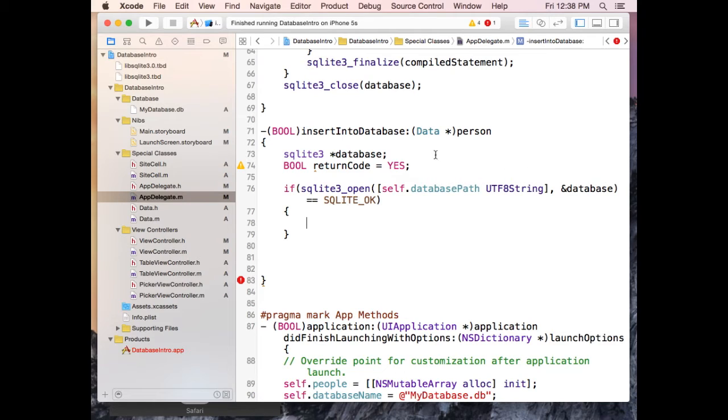All right. Next step is to generate our query. So we're going to use a C string again. So we'll say char *, call it sqlStatement. Again, it's not an Objective-C string, so we'll just use double quotes here. And we're going to define our insert here. So we're going to say insert into entries, which is the name of our table,